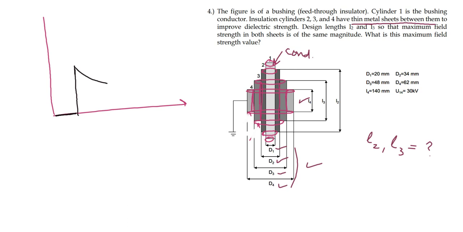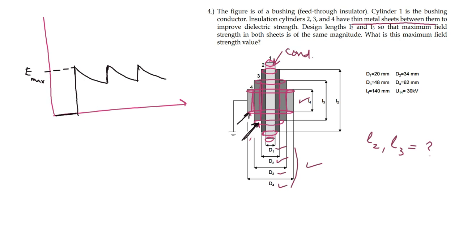When it reaches the interface between the two insulations, as I have labeled here, the electric field will be maximum again, then it will decrease, then when it arrives at another interface, the electric field will be maximum, and so on. So the electric field is maximum at all of these interfaces,